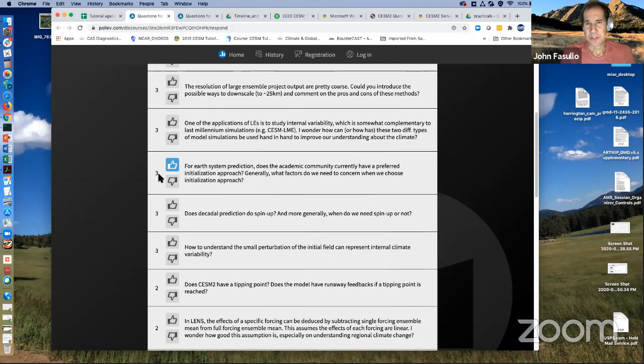One of the challenges, though, is that these were run with different versions, different resolutions of CESM. And as a result, the internal variability is quite different in the LME and the large ensemble. Everyone has their wish list in retrospect of how we would have done things differently, and on my list would be that we ran them with the exact same version of the model. Of course, that gets very expensive as you go to 1,000-year simulations with the LME members. But it's a real limit as to how much you can compare the LME and the LE due to the different resolution of the atmosphere component.